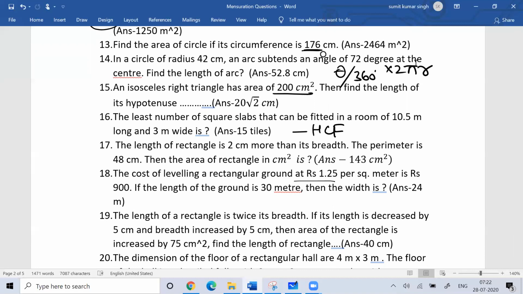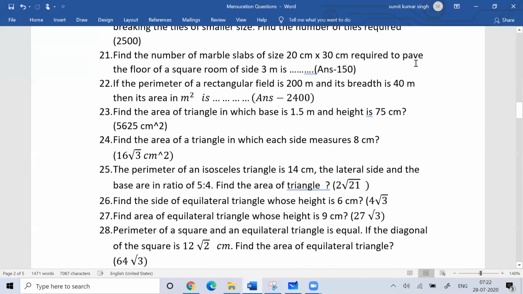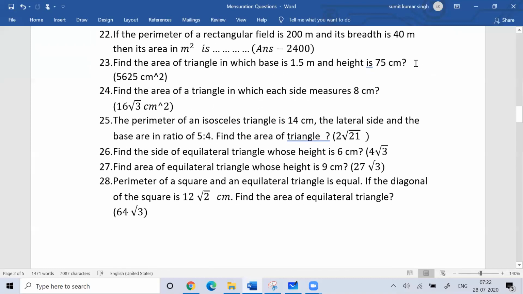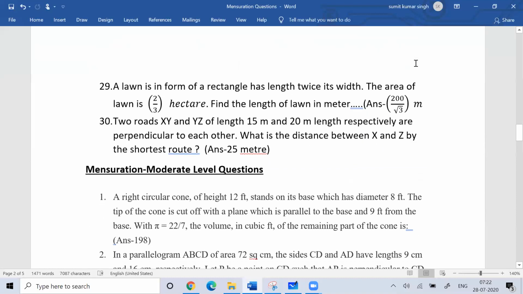So more or less with the questions we did, we focused on two-dimensional geometry; three-dimensional geometries were not introduced till then. More or less the questions we did were based on either triangles or rectangles, squares, all that we have touched. So we'll do a lot of sessions on mensuration. This is just an introductory session we did. So I hope you enjoyed that.